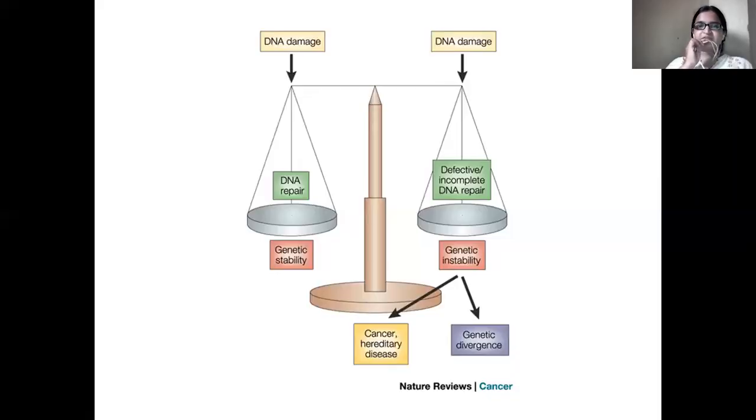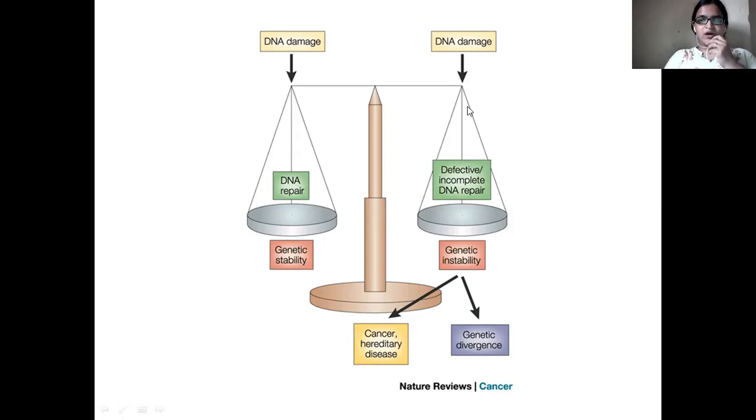So in this slide we can see what will be the effect on the cell if the damage which is occurring in the cell is not repaired. See here, this is the DNA damage, right? And it has to be repaired, right? Repair should happen. If DNA repair has taken place on time, then there will be genetic stability. Okay, so this is the balance we are seeing. So whenever there is a damage, there should be repair mechanisms operating in the cell. Then only there will be stability in the cell, right?